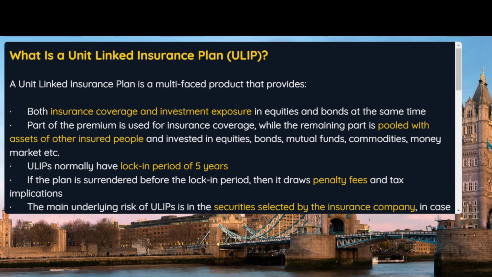So if you have gone through some of the past videos, you have seen that currently we are in our life insurance journey, where we have seen term insurance, we have gone through what is a whole life insurance, universal and variable universal life insurance, and today in this video we will cover what is a ULIP, or unit linked insurance plan. So as you can see, a unit linked insurance plan is basically a multifaceted product that provides two